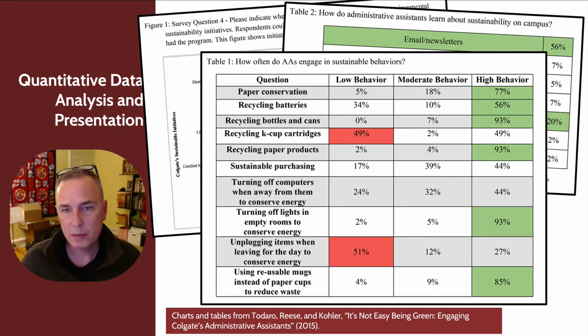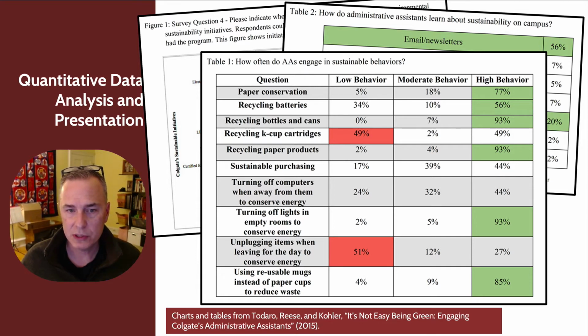And then this one's a little bit more complicated, but it's asking, in this case, about behaviors and to what extent the administrative assistants engage in certain sustainability behaviors. They broke up their data into low, moderate, and high behavior actions. So anytime that it seemed like people were, especially on the low end in terms of how often they engaged